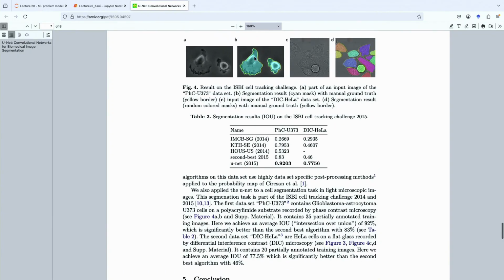This is literally just an image segmentation task, for cells. I haven't seen this in a long time. I think it's because it's become too easy for modern models. But you see that UNet achieves a significantly improved performance over other image models from that time. Okay. Yeah, makes sense?